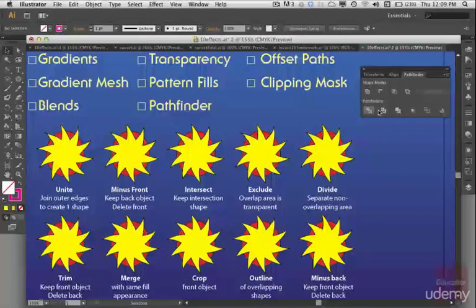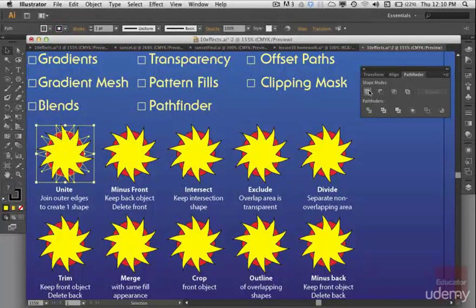And Pathfinders create different composite shapes. So it's not a compound path. They're each distinct shapes. They don't overlap anymore. So under Unite, click Unite, and I get one shape. Now you see the yellow bounding box, and you see the yellow